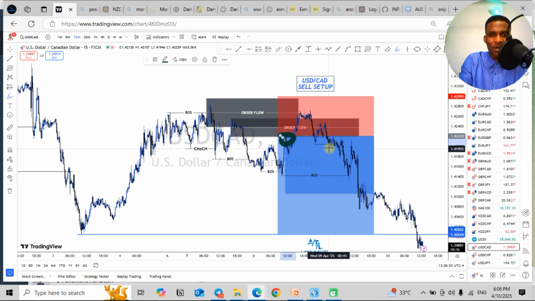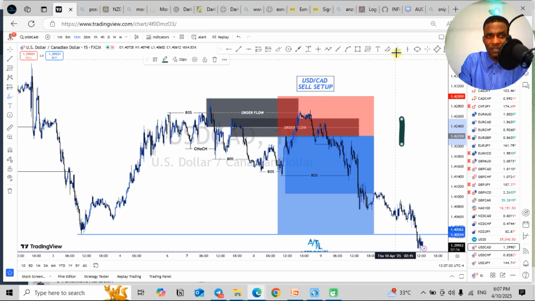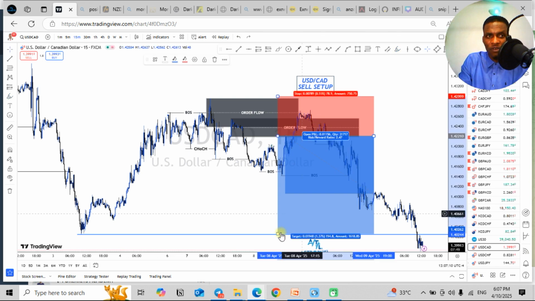risking just 0.3% of our account on this particular pair. And we see how massive that move was to the downside. Okay, so let's see how many pips that gave us. Let's see the number of pips. So that gave us about 194.8 pips, almost the same thing as USDCHF. So this is a very simple setup,